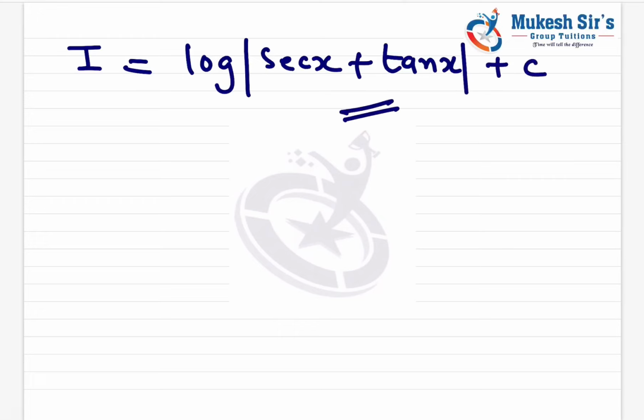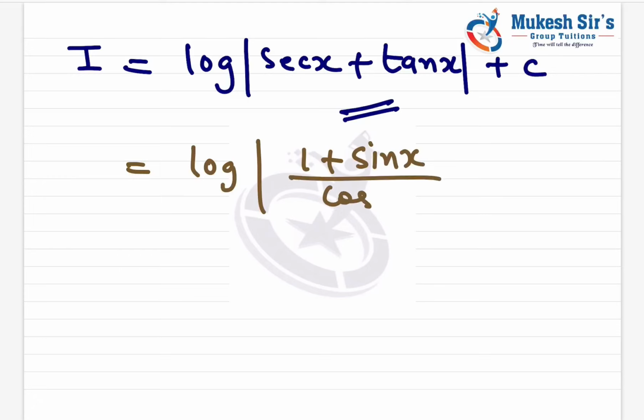Clear? So that's the formula. Now you can solve this further. You can write this as log of sec x is 1 upon cos x and tan is sin upon cos. So you can write 1 plus sin upon cos x plus c, right? So this can be written as 1 plus sin x is